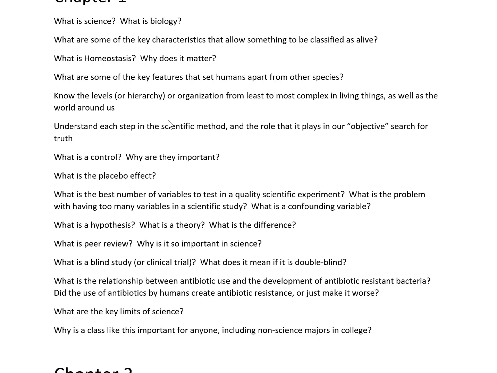Next, another big one, understand each step in the scientific method and the role that it plays in our objective search for truth. I put objective in quotation marks because I've already told you that a big problem with science is the fact that we're not always objective. Like it's hard to get someone to change their opinion or mind about something when their paycheck demands that they don't. The reality is I love my job and I want to teach you guys the truth, but my family